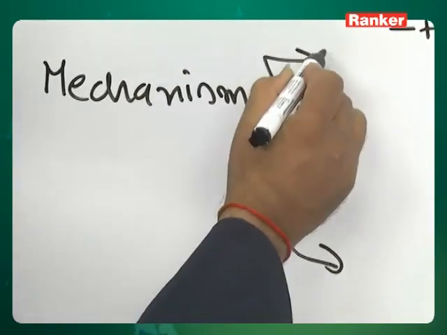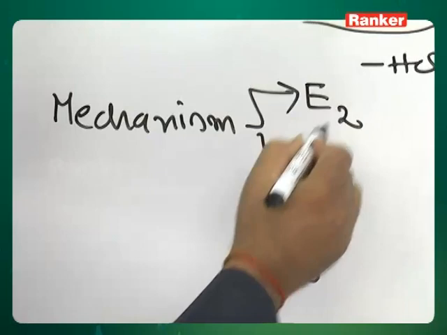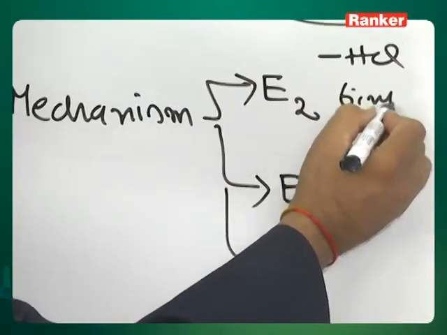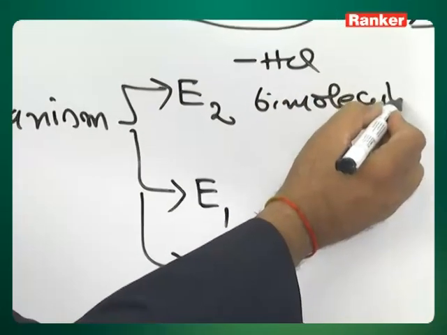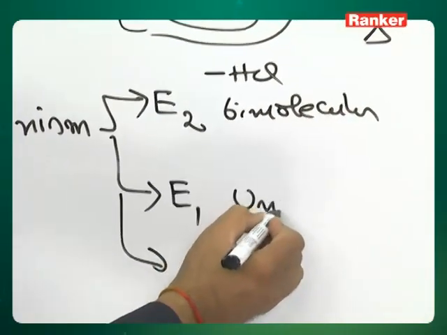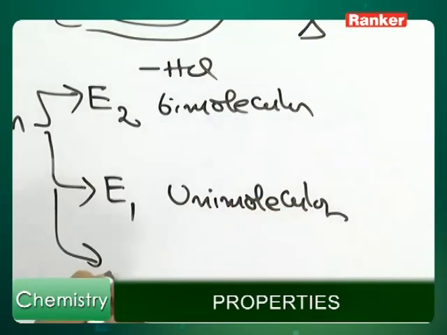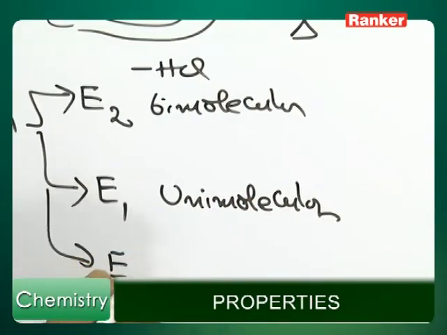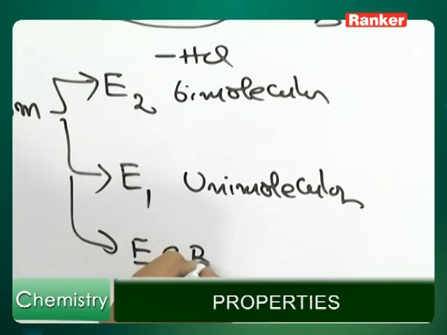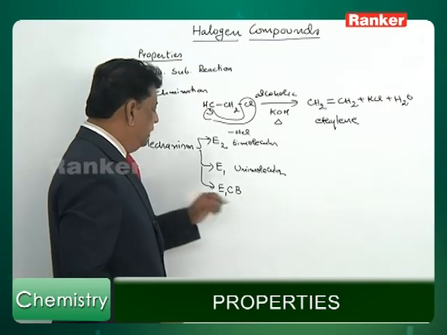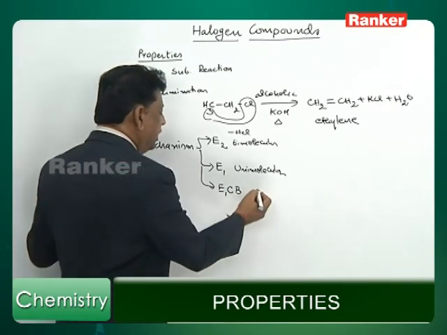One is elimination 2, elimination 1, that is bimolecular, unimolecular. The third variety will be the E1CB, that is an elimination unimolecular through conjugate base,